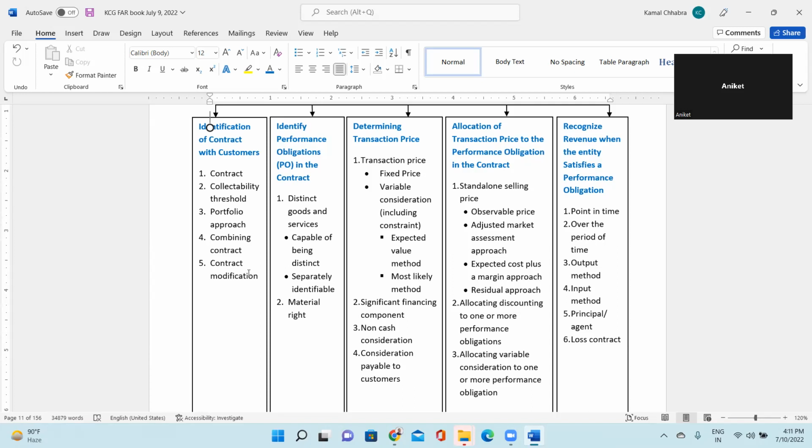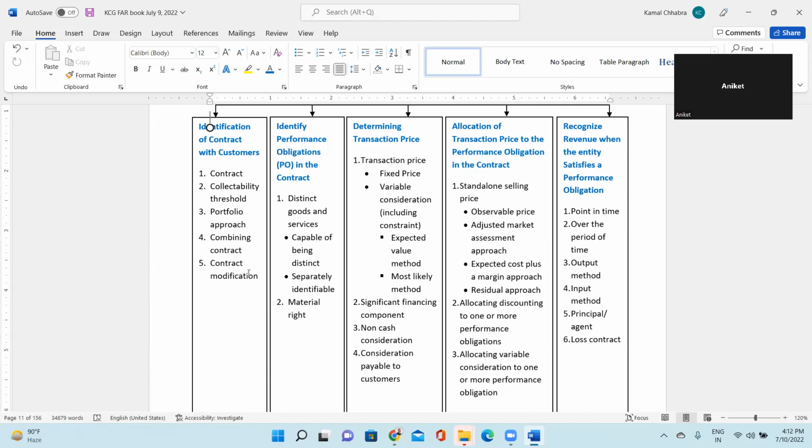So first I need to identify the standalone selling price of the individual item which I am delivering to you, right? For example, in case of a laptop, how much I charge for hardware, antivirus, the bag, Windows, right? So individual standalone selling price is something you need to consider as a base, right?